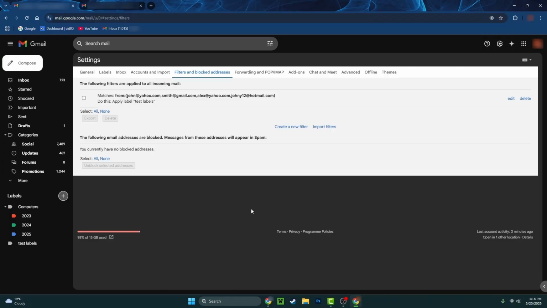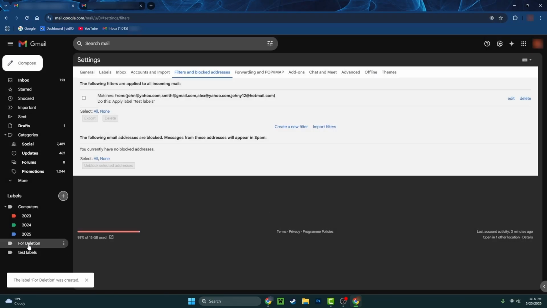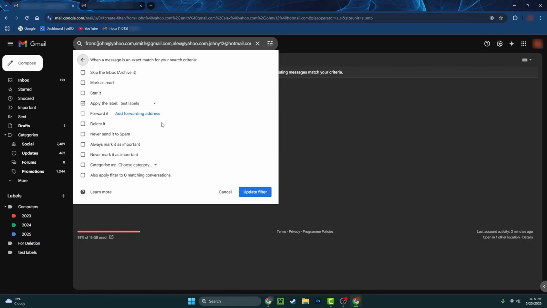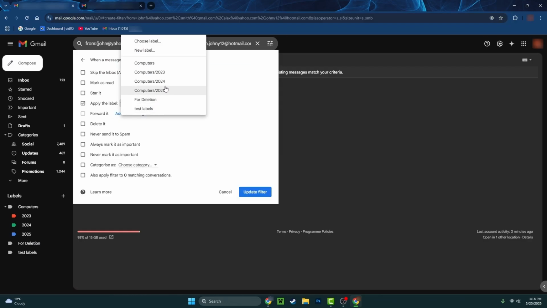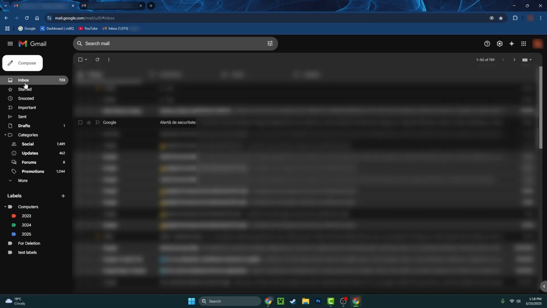And another very important use of labels will be if you are not sure if you want to delete an email. You don't need it, but you don't want to delete it, so you don't know where to store it. Well, you can create a label for deletion as an example, or trash, or something like that. Let's press on create. We just created that label, and with a filter you can make some emails go into that for deletion label, and you can press on update filter,